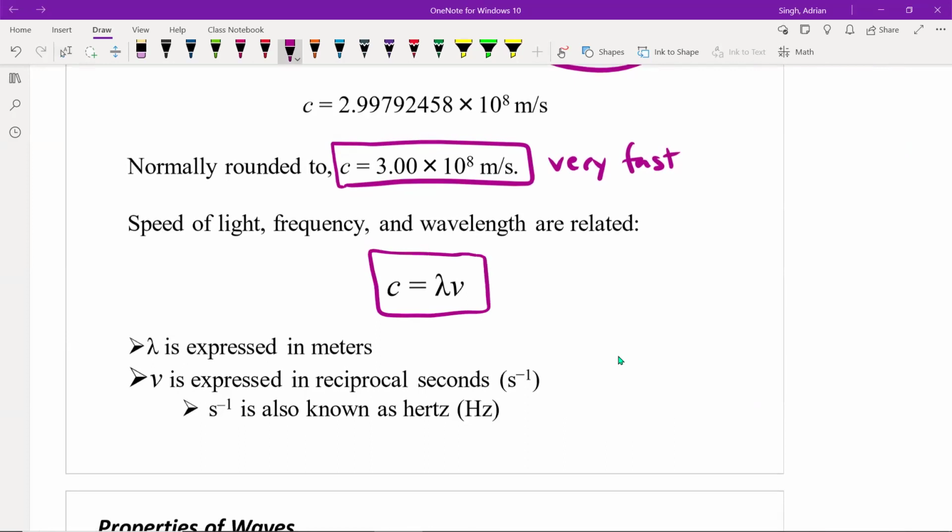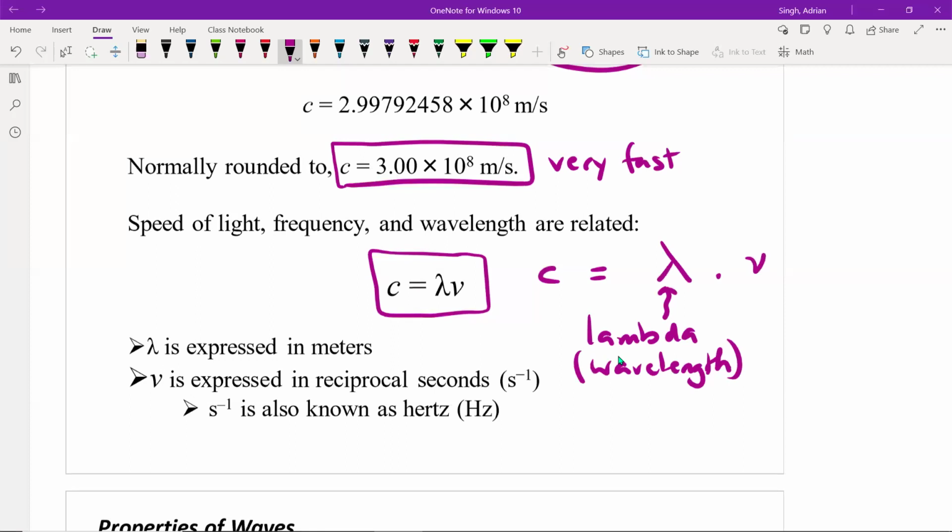So the speed of light c is the product of the wavelength. So c, the speed of light, is equal to this thing. This is called lambda, which is a Greek symbol that means the wavelength, which we alluded to before, times